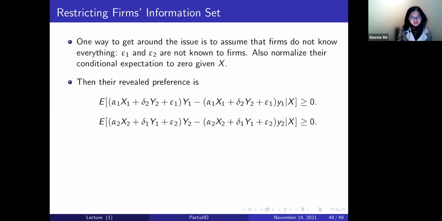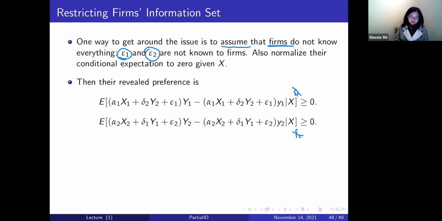One way to get around the issue is to make an alternative assumption about the firm's information set. You can assume instead that the firms do not know everything, so it's not a complete information game. Assume that the firms do not know the unobservables when they make the decision. If you assume that, then epsilon 1, epsilon 2 does not appear here, right? It does not appear in the conditioning set when you set up the